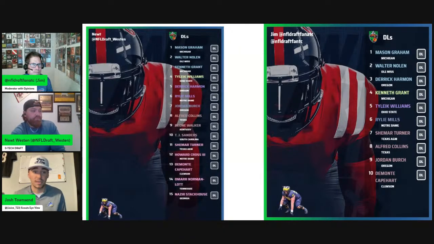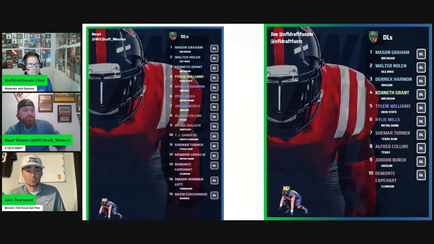Those are the intangible things that I do take into consideration when I'm grading these prospects, because you're not just grading the football player, you're grading the person as well. And I'm not trying to destroy Norman-Lott's character, because I'm sure this is a great guy off the field with a good personality, a good head on his shoulders. But when he's on the football field, the mental processing can get away from him a little bit. He needs to really realign his focus at times, especially in run defense.